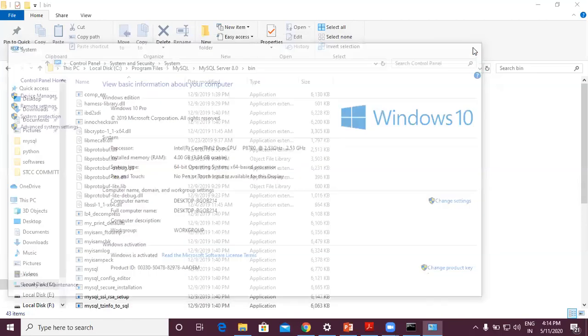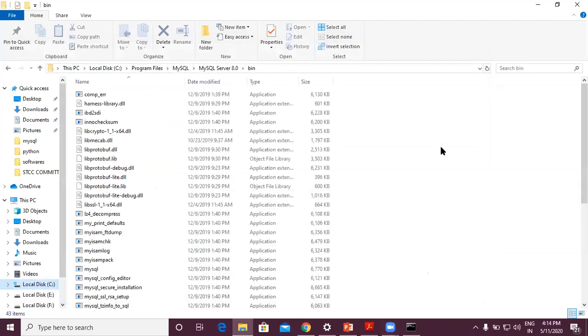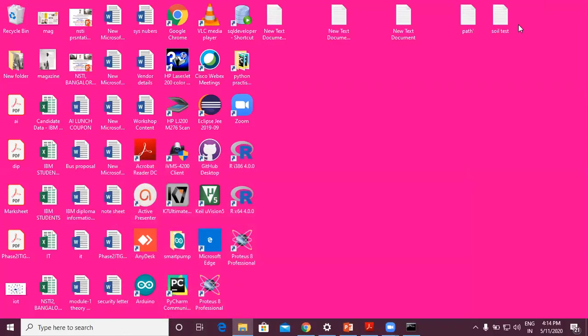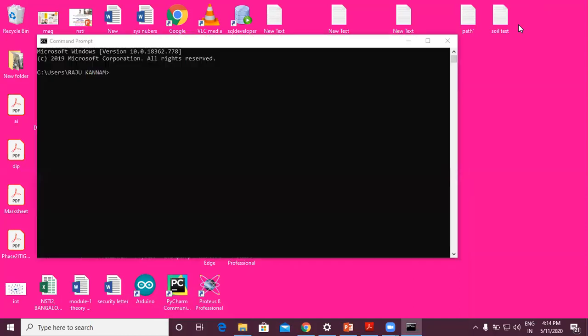Okay, right? So now we have set the path. That means now I can work with MySQL from any folder or any drive in my computer, right? Okay, right. Now what I will do is I'll go to command prompt.